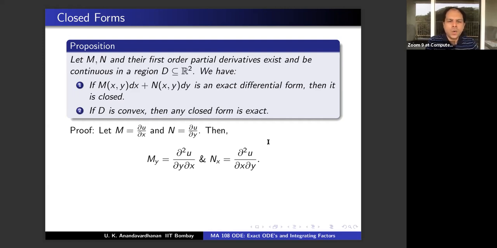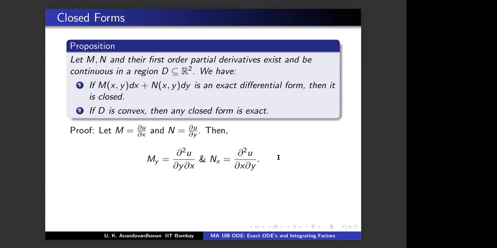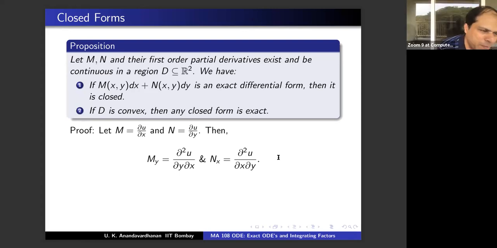Now, these two things are looking different. One is del square u by del y del x and the other is del square u by del x del y. But do you agree that these two are equal? Yes, sir. Clairaut's theorem. Okay, you called it Clairaut's theorem. Very good. I did not know this name, or maybe I knew it long ago. I just searched in Google just before the class started and Google told me it is called Clairaut's theorem. I used to call it the theorem on mixed partials. Okay, but it has a name, Clairaut's theorem, right?